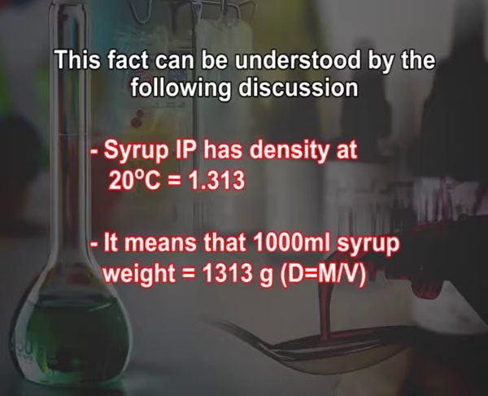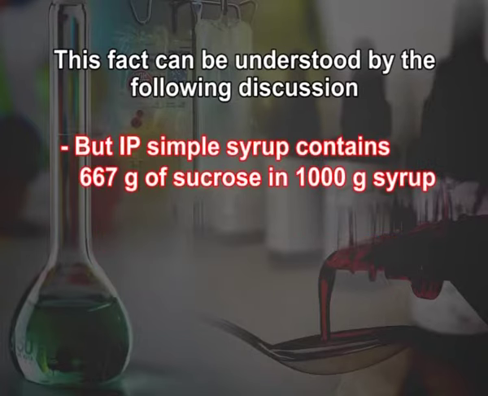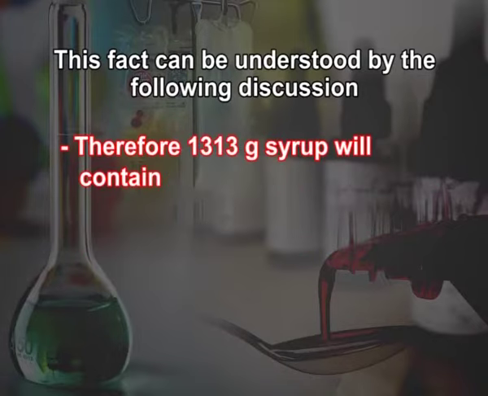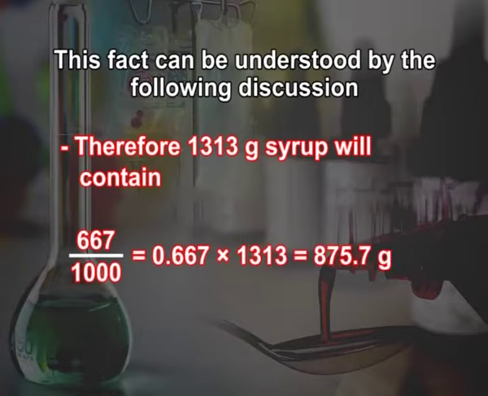Density is equal to mass by volume. But IP simple syrup contains 667 gram of sucrose in 1000 gram of syrup. When 1000 gram syrup contains 667 gram of sucrose, therefore 1313 gram syrup will contain 667 divided by 1000, which is 0.667, multiplied by 1313 is equal to